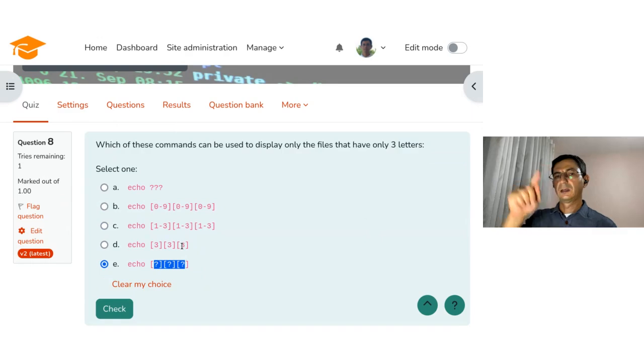So if there is a file whose name is 3 question marks, then it will be displayed by this echo command. But the first one will display the files that contain any 3 letters, because the question mark stands for any letter